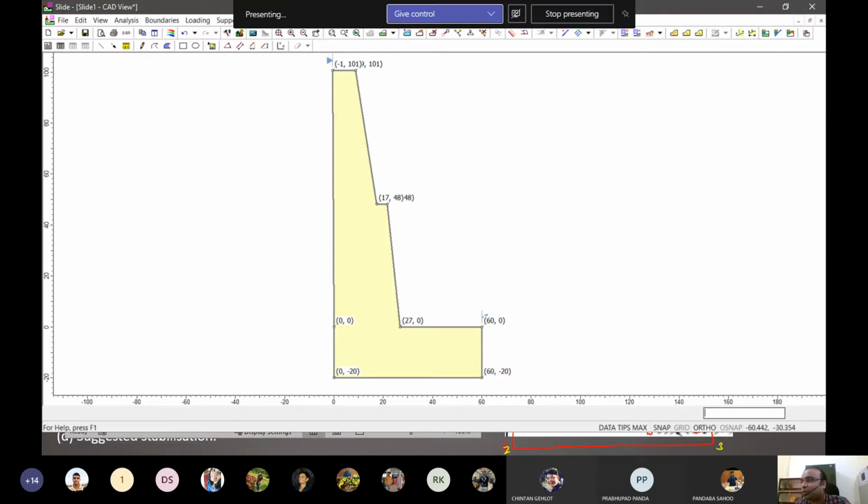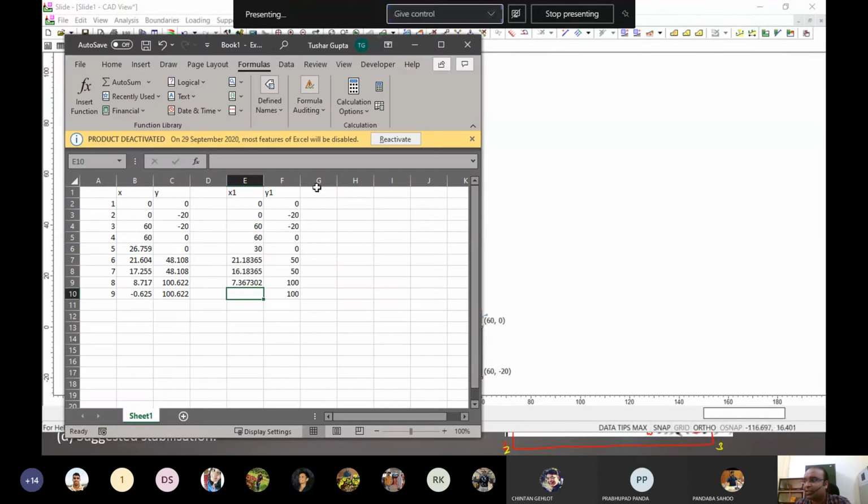So in order for the slip circles to come within that region, we can use this and subtract 30, right? And that will be the same coordinate for the 9th point.